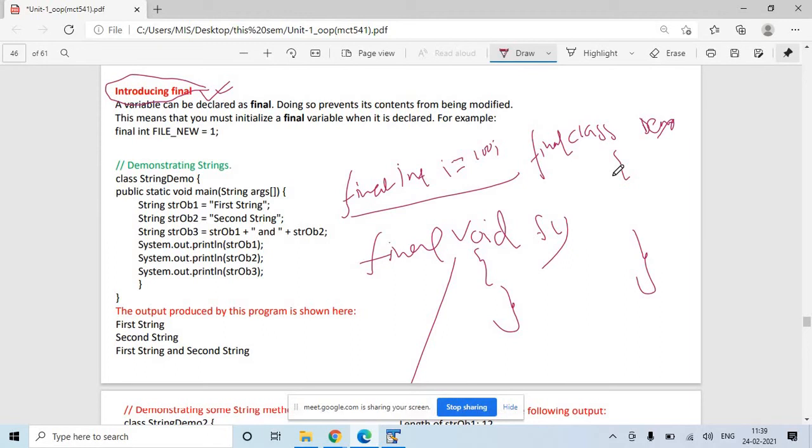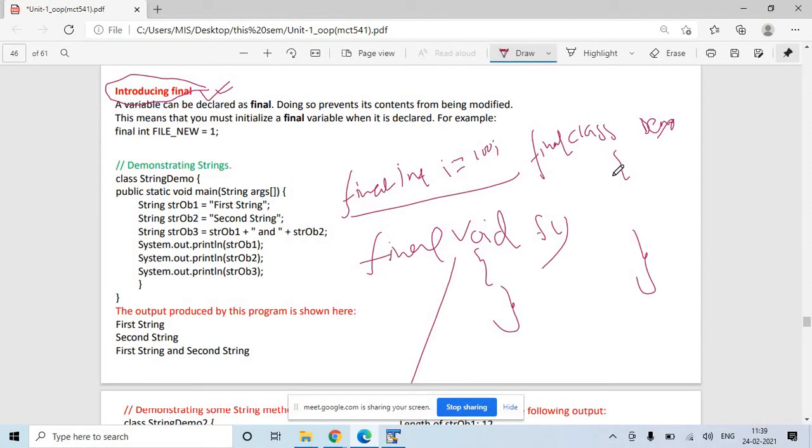Now what is the use of this final variable, final function, final class? If we write a variable as final, we cannot change the value of that variable further.